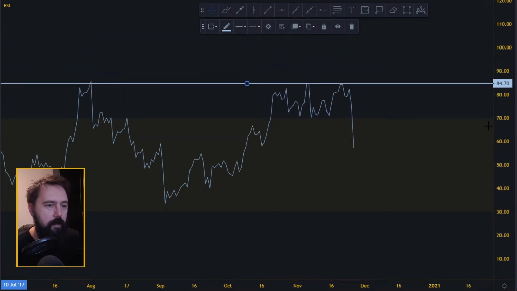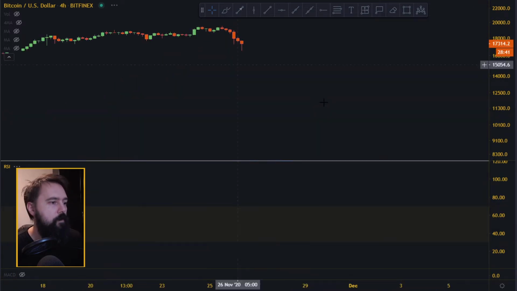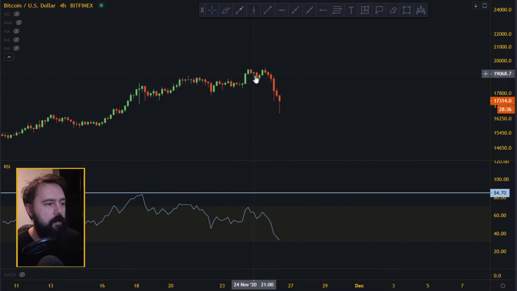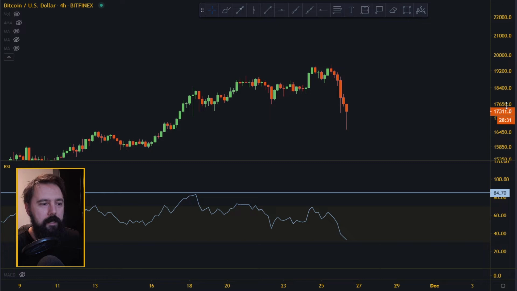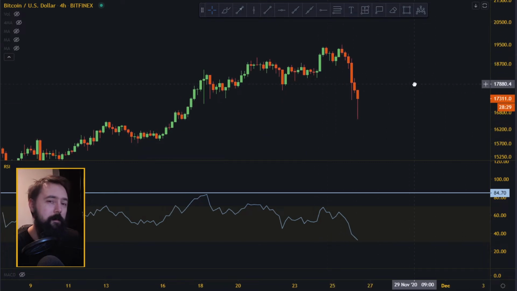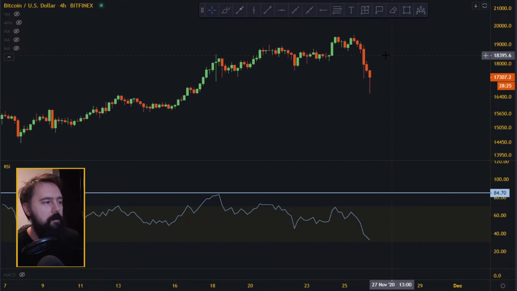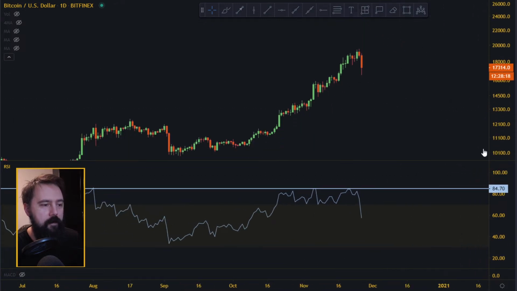So I was looking at this yesterday, just before the dump, because if you go on the 4-hourly, there is a double top here. You see here, top here and double top here. And then I was thinking, something is actually off here. If this is a double top, it has to be accompanied with some other indicator that actually confirms that this is a double top and that this is a bearish pattern. So I was watching for that, and I saw also how the RSI actually moves, and I was thinking, oh my god, it actually might dump.